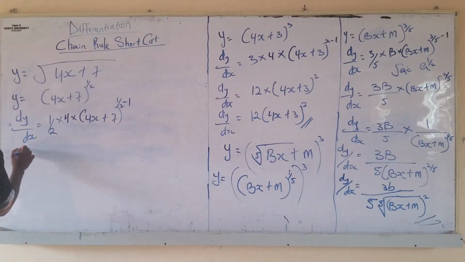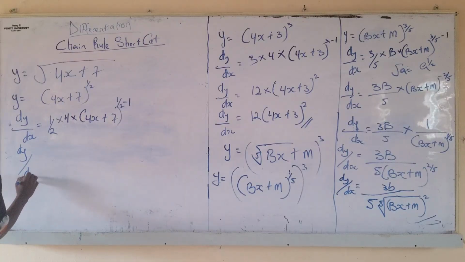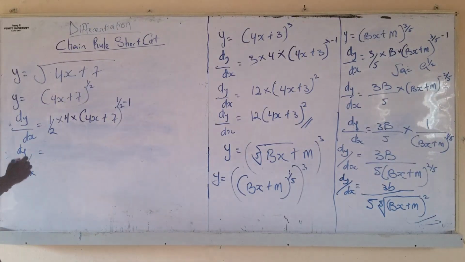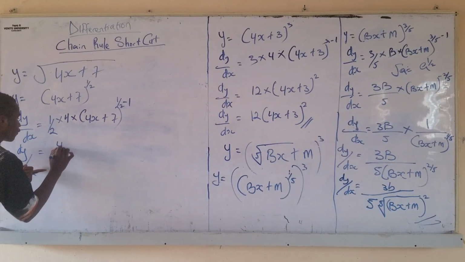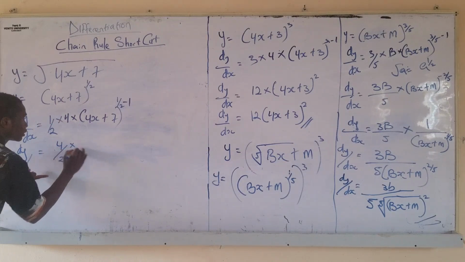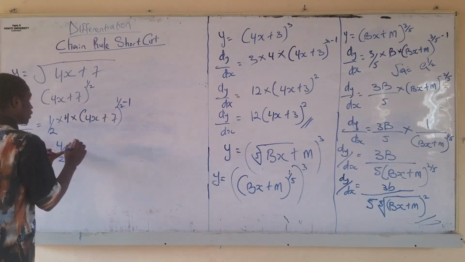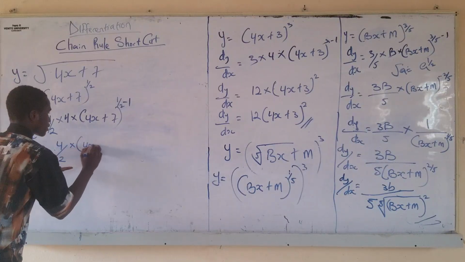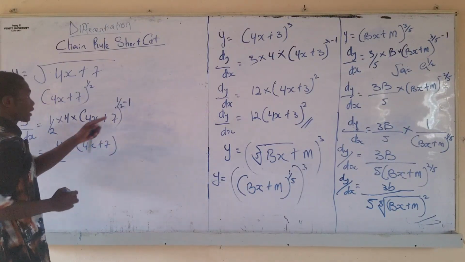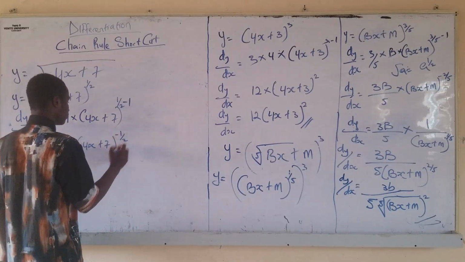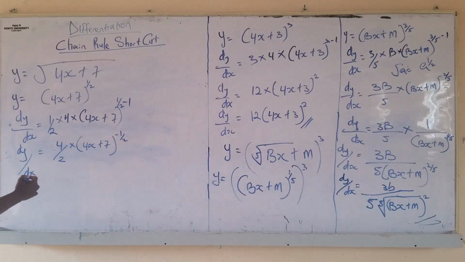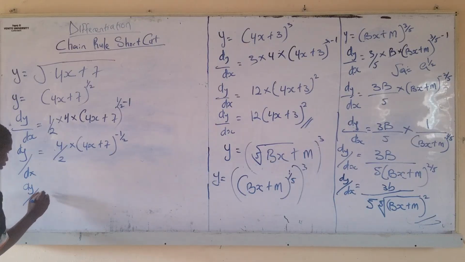So now dy over dx becomes 1 times 4 over 2 times (4x + 7). Half minus 1 is minus half. So dy over dx